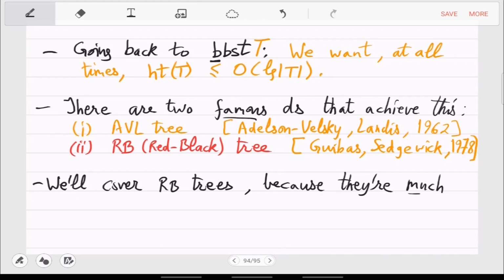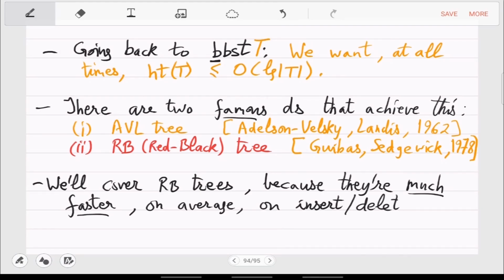Because they are much faster, on average, on insert delete. In search, you cannot have an improvement, because in search, if your average height is log n, then you have to search in the worst case log n.